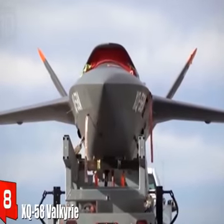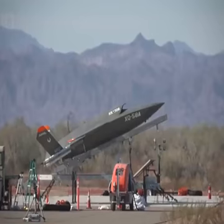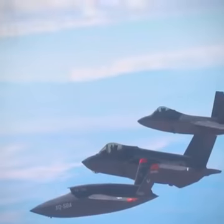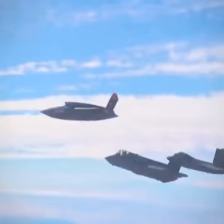Number 8. XQ-58 Valkyrie. It is a long-range stealth drone that has been manufactured in the United States. It is designed to provide an unmanned escort to different military aircraft. It measures 8.8 meters in length and 6.7 meters in wingspan. It can be used in surveillance or reconnaissance missions and deploy smaller drones such as the Altius 600 to increase